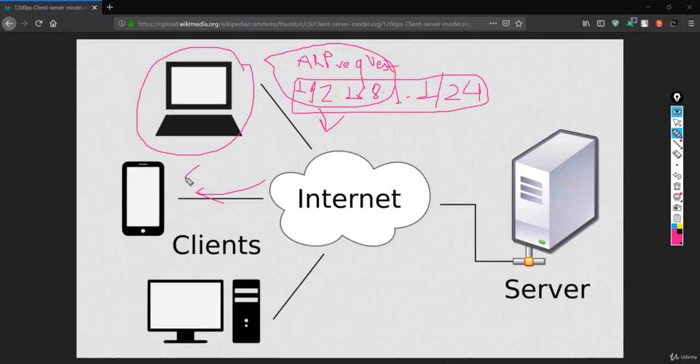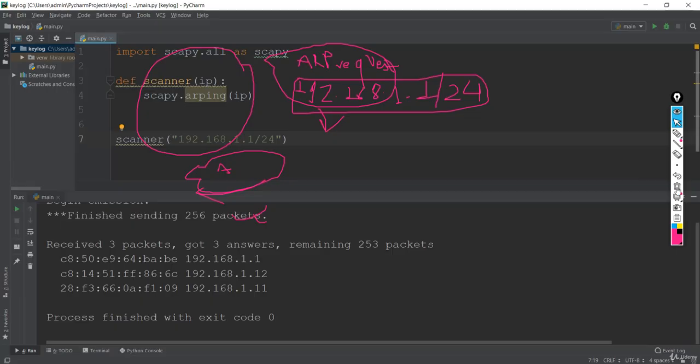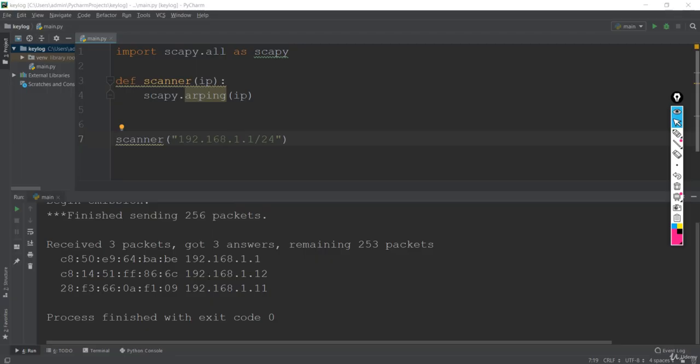So they will also give the ARP response back to us. That means it will capture the MAC addresses of each of these devices, which is done in this lecture, right over here. If you see in PyCharm, we just captured every MAC address and got the IP, which is obviously inside this subnet. After that, we get every MAC address, which is sending us the ARP responses. You can see we got 3 answers.